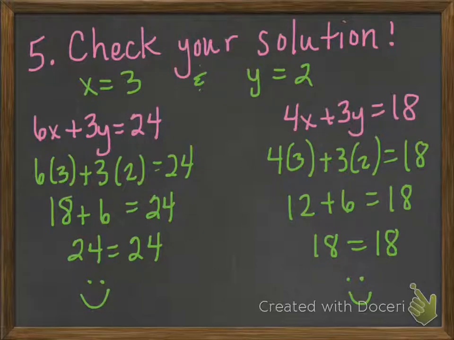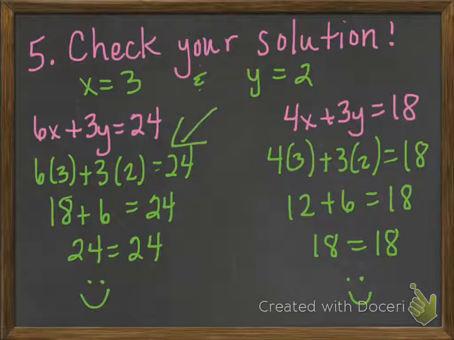So finally you want to check your solution. We got x equals 3 and y equals 2. So I'm going to substitute those values into both equations to make sure it's true for both of them. So when I substitute 3 in for x and 2 in for y into equation 1,